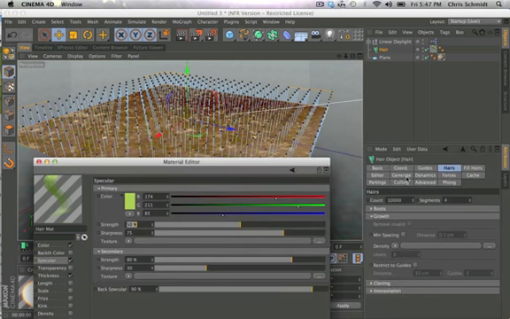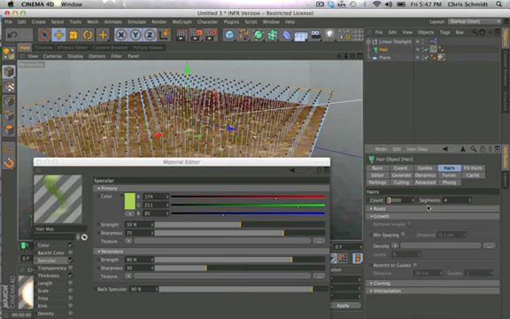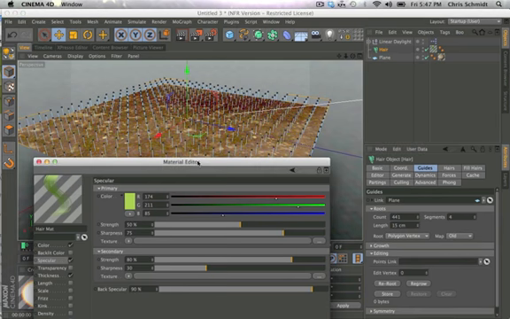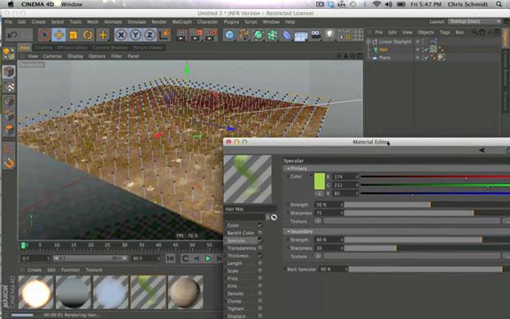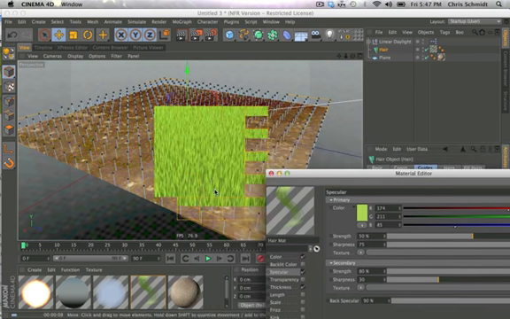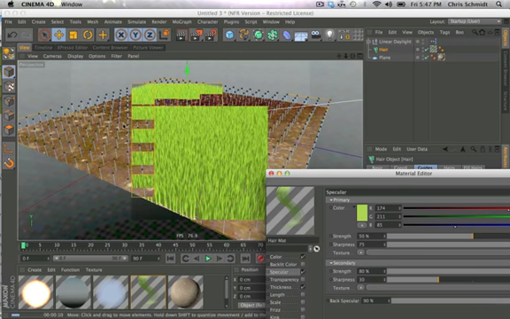So we're going to go maybe to our hair. I click on the hair object and increase my count, or rather change it from 10,000 to 5,000. And the height's a little high. So we'll go to the guides and maybe set the length to 15. So it's not quite as tall, about half the height, or exactly half the height. Render, and now we got a lot more hairs, we got a lot more grass, and they're a lot shorter,